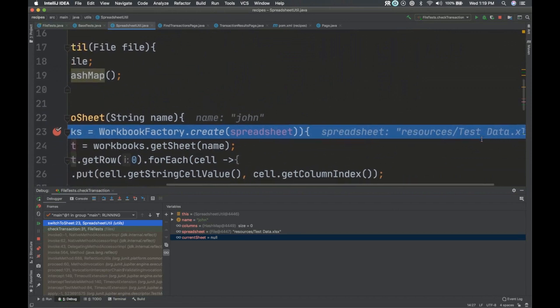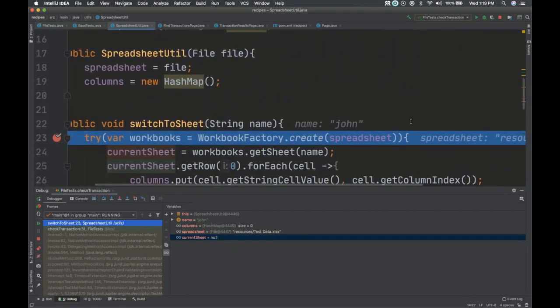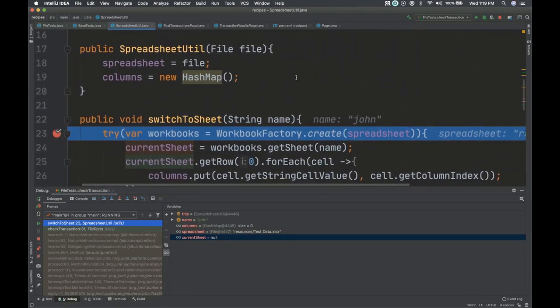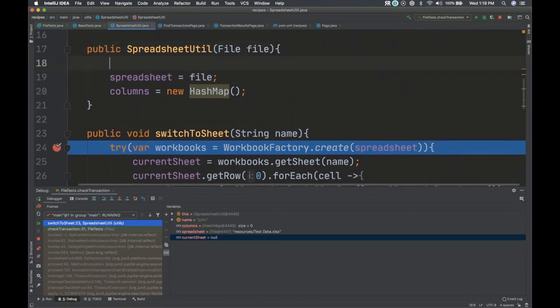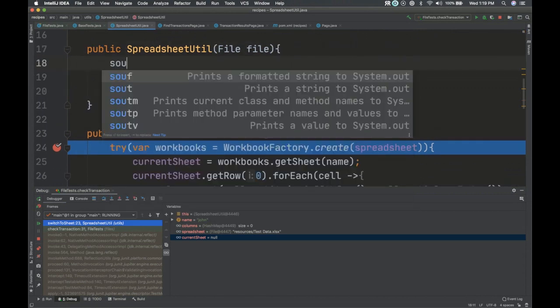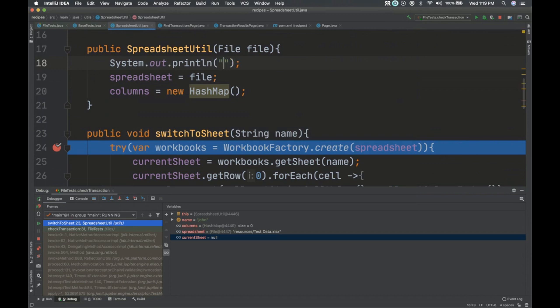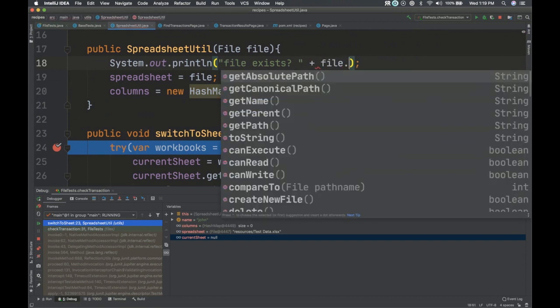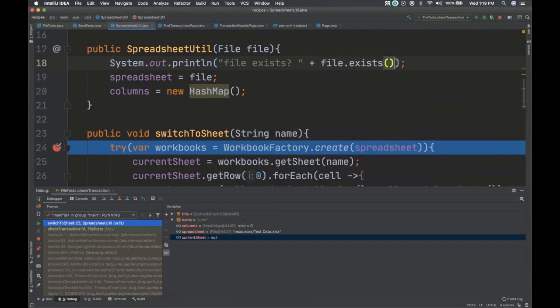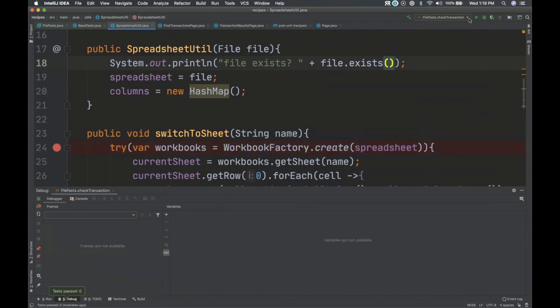Let's see, is this a file? Let's make sure we got the location right. So let's print out if this file exists or not. File exists. Let's stop this and let's run it again.